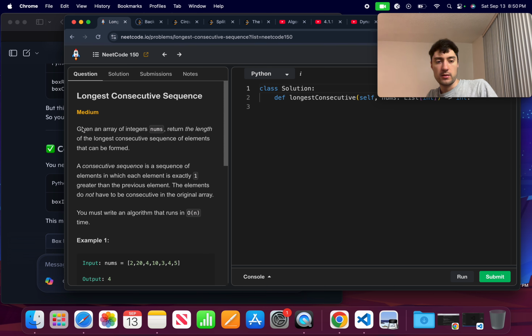So let me just reread that because I didn't quite understand what's going on. And then later I'll look at the examples. So given an array of integers nums, okay, so we have an array and they're integers. And I need to do what? I need to return the length of the longest consecutive sequence of elements that can be formed. So I think it means I'm given an array, and this array will have numbers in it, and I need to find what is the longest